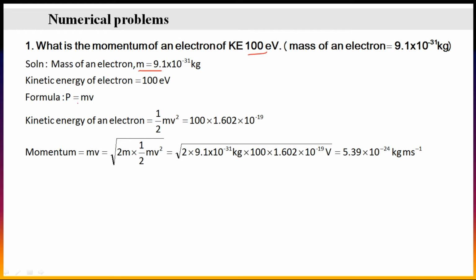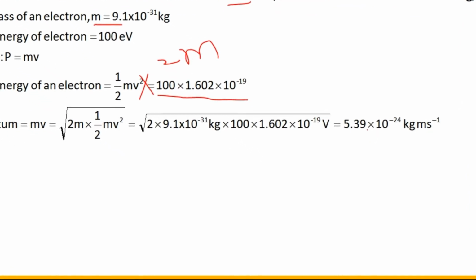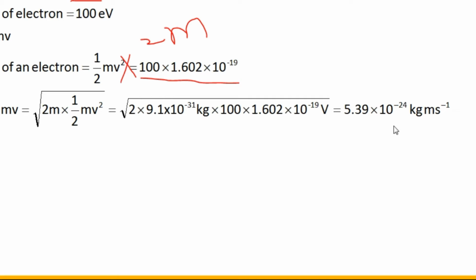So we can calculate the kinetic energy: half mv square is equal to 100 electron volt. So we can convert this into this value. Momentum is equal to the square root of kinetic energy into 2m. So here the 2 gets cancelled and m square into v square, square root, that gives the mv value. On substituting 2 into 9.1 × 10^-31 kg, that is the mass of the electron, and also the kinetic energy, we will get 5.39 × 10^-24 kg meter